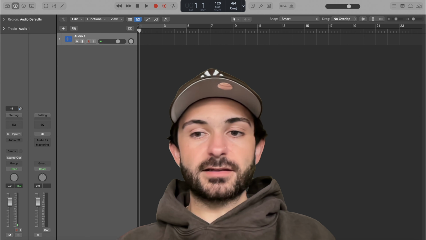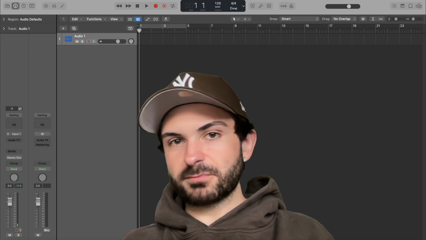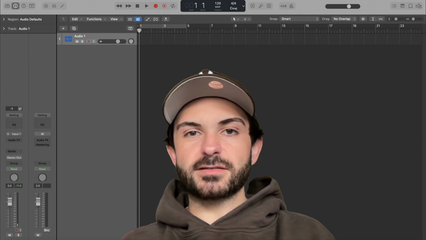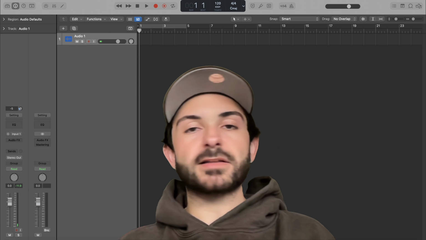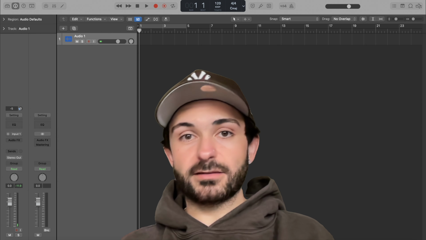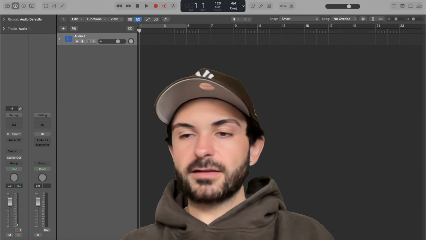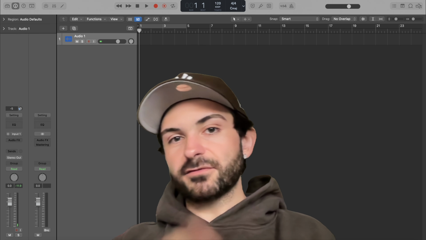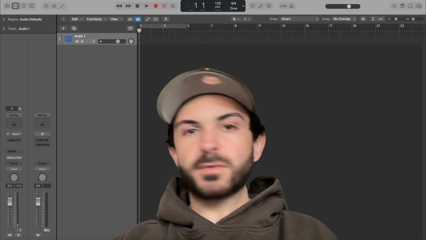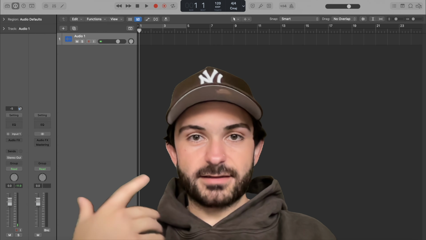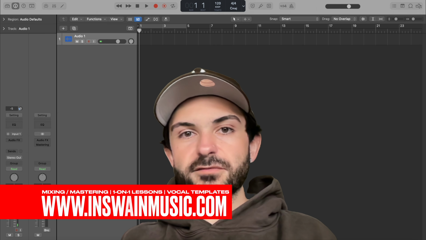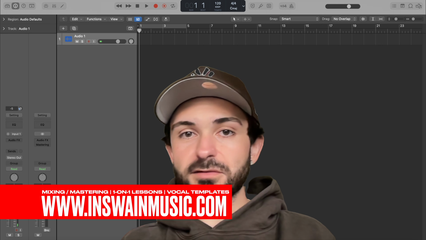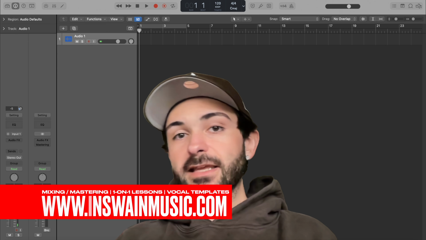Now, if you're a mixer, this is bad because when we're using plugins or even analog gear, but especially with plugins, there's a lot of visual information, right? The most common example is like a parametric EQ, like, you know, Pro Q3, right? EQs like that. There's a lot of visual information. It's very easy to visualize what we're doing. And we, as humans, we rely on our vision more than our hearing. So when we have all this visual information, it's so easy to rely on that and to always be looking at what the EQ looks like and what it's doing. And that is going to influence what we hear.